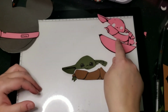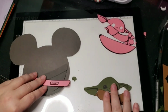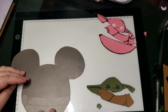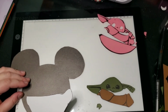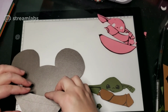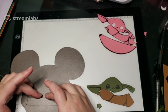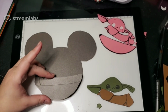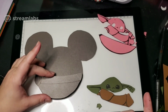All right. That actually looks kind of creepy. Yeah, I don't know. I might have to get rid of that off my screen. We'll see. All right. So let's go ahead and put this cute little guy together. I almost feel like I wish I had a lighter gray. Oh no, I can't do that. I was going to say, if I was paper crafting this, I probably would put it on a foam riser. So if you see how that looks, see how there's like a shadow? Because in paper crafting, they have these foam risers where it kind of gives it a lift so it looks three-dimensional. The problem is I can't run that through